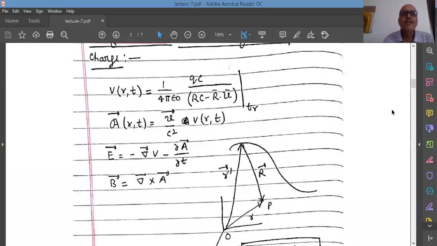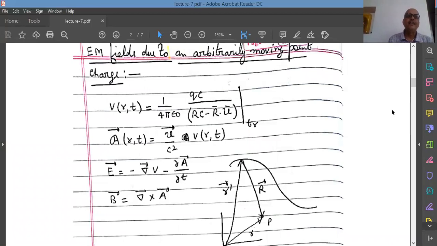What we got using the Lienard-Wiechert potential was the scalar potential V as a function of r and t, given by 1 upon 4 pi epsilon 0 times qc upon (Rc minus R dot v), and the value of A is equal to v upon c square into V as a function of r and t. Then we have also discussed E and B, which are expressed in terms of V and A. E is equal to minus gradient of V minus del A over del t,